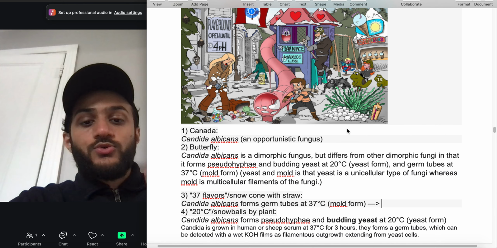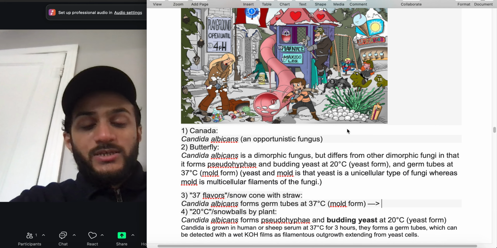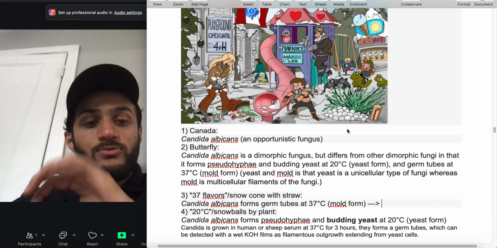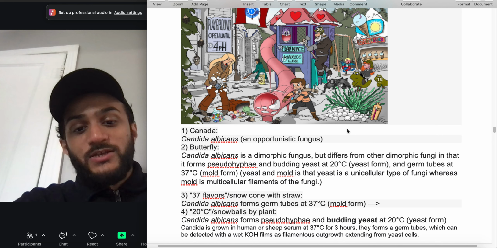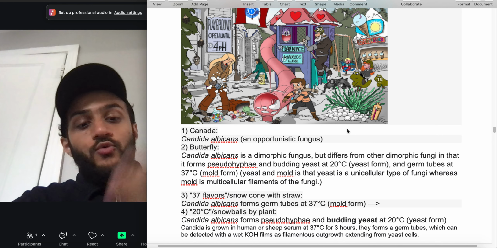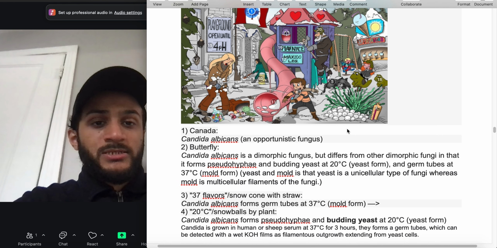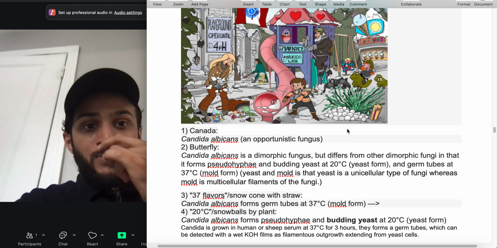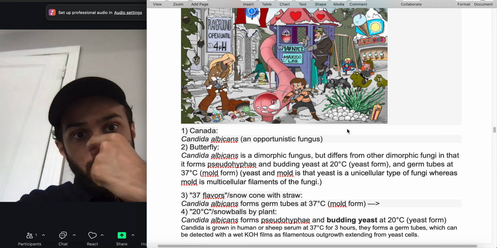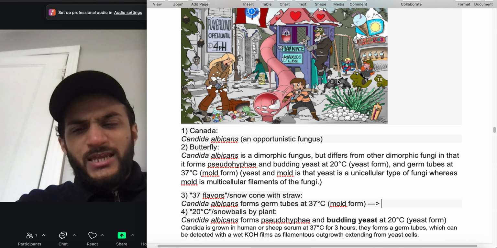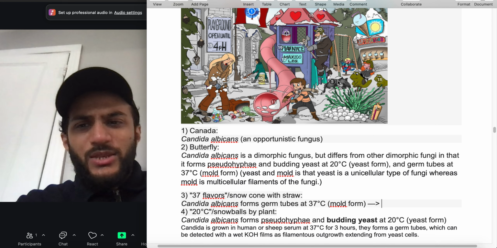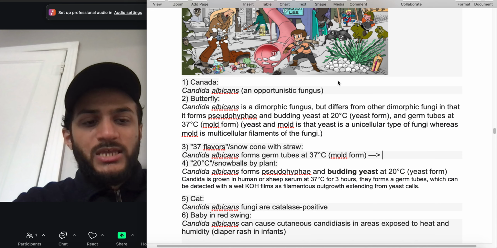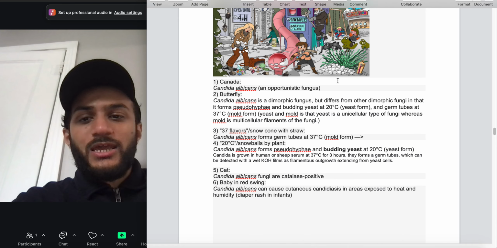So Candida is grown on human or sheep serum at 37 degrees for 3 hours, and it forms germ tubes, which can be detected on potassium hydroxide films, the filamentous outgrowths extending from yeast cells. We can see there's going to be a cat, which means that it's going to be catalase positive. Then this child over here means it can cause diaper rash. It can cause Candida intertrigo, so between the thigh area, especially with heat and humidity, it can cause rash in